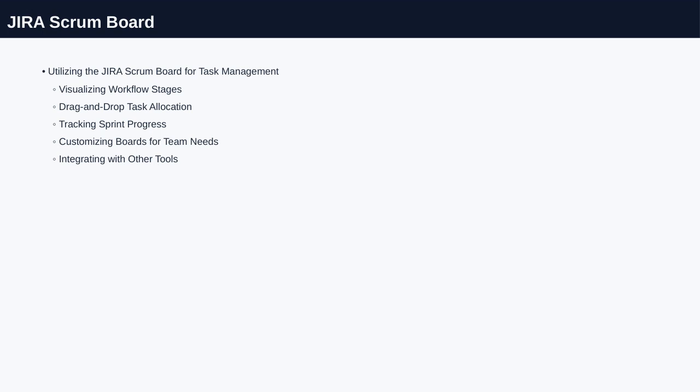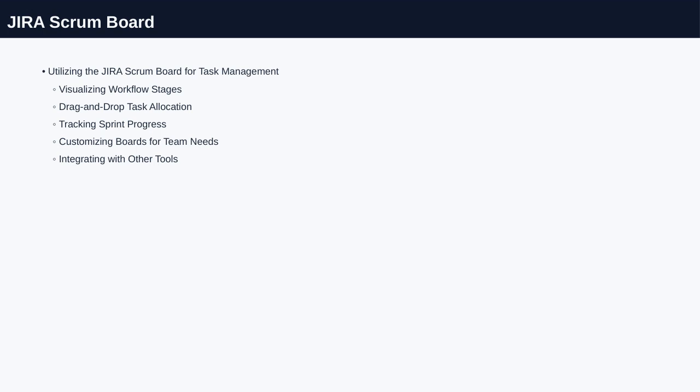It helps visualize each stage of the workflow, making it easy to see where tasks stand at any given time. You can simply drag and drop tasks between columns as they move from one stage to the next, which keeps the process smooth and transparent. This board also allows you to track the overall progress of the sprint so the team can stay aligned and